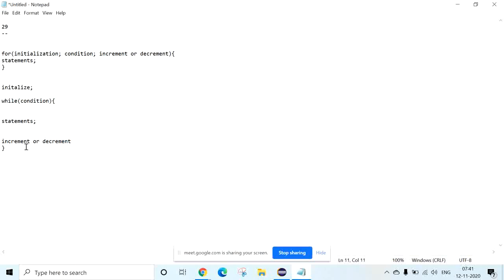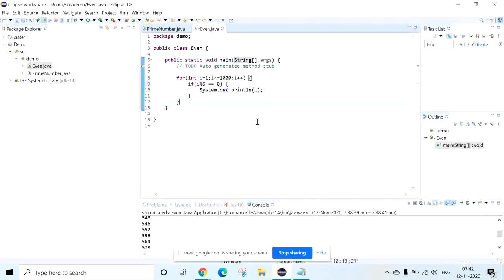So the while loop and for loop are completely the same. Whatever we can do using the for loop, we can do using the while loop also. There is no difference. If you want, I will give you some programs, so that whatever programs we have discussed using the for loop, you can try to modify them with the while loop also.